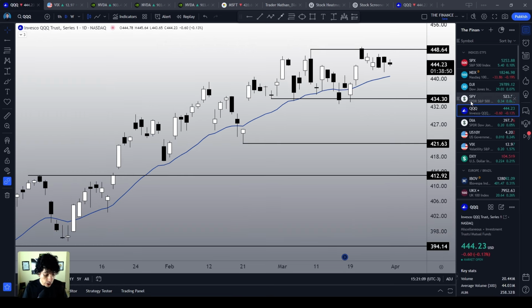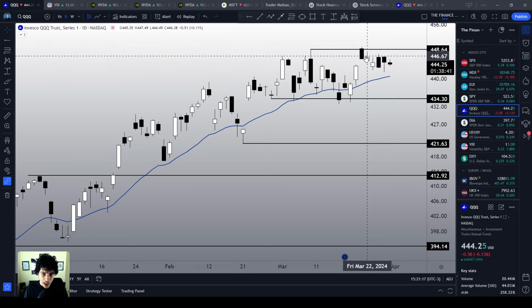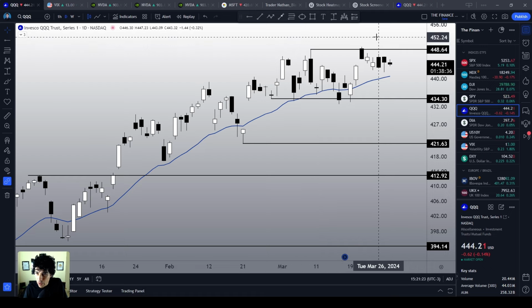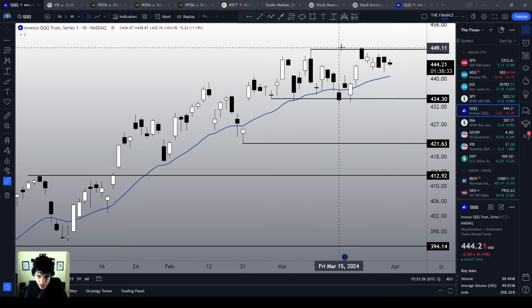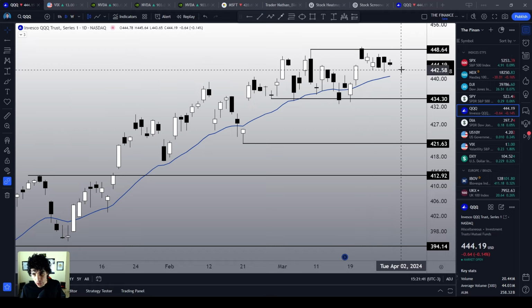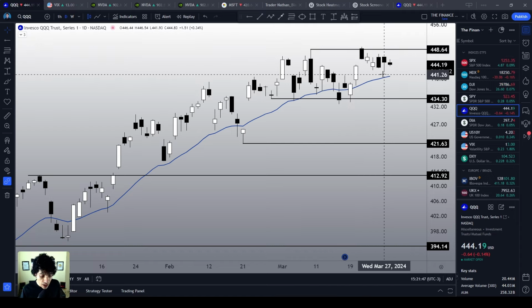When we take a look at QQQ, the Nasdaq ETF, the tech stocks ETF over here, QQQ already did a bearish signal right after it failed to close above the previous all-time high at 448. That's a quite pessimistic situation for tech stocks, suggesting that yes, tech stocks are looking weak right now. They are not necessarily bearish, and I'm gonna tell you guys why, but they are losing momentum, and what we see over here seems to be a sideways correction for the 21 EMA to catch up with the price, because I already told you guys a few times in this channel,